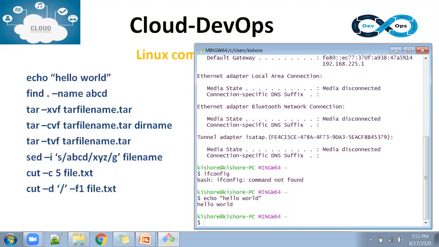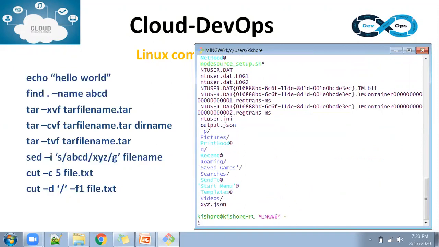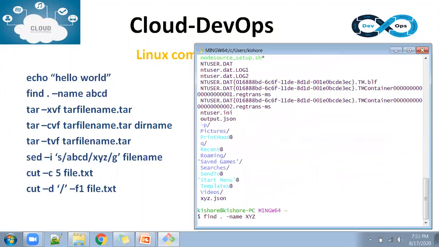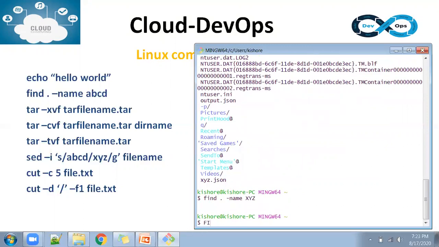And if you want to find some files, you can use find -name with whatever name you want to find. For example, if I want to see whether an xyz JSON file is there, find . -name xyz. It is taking some time, so let me cancel. Find slash